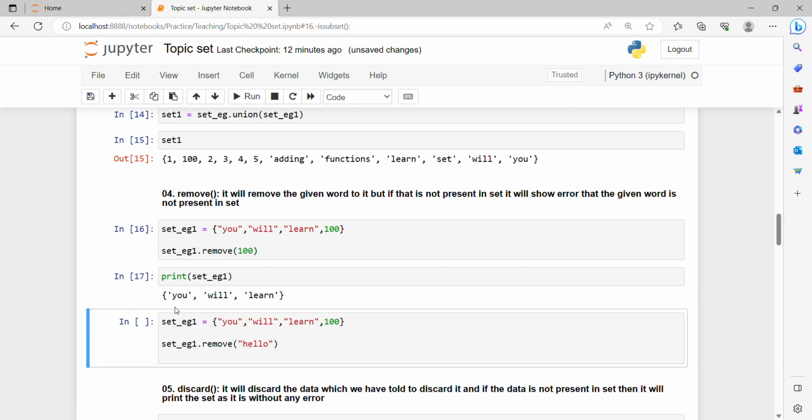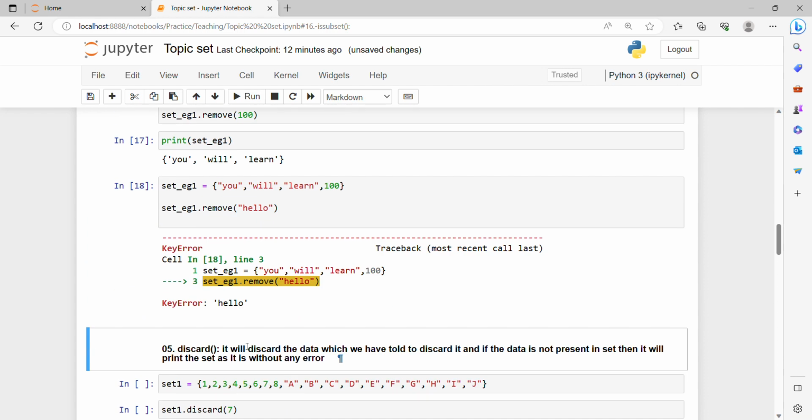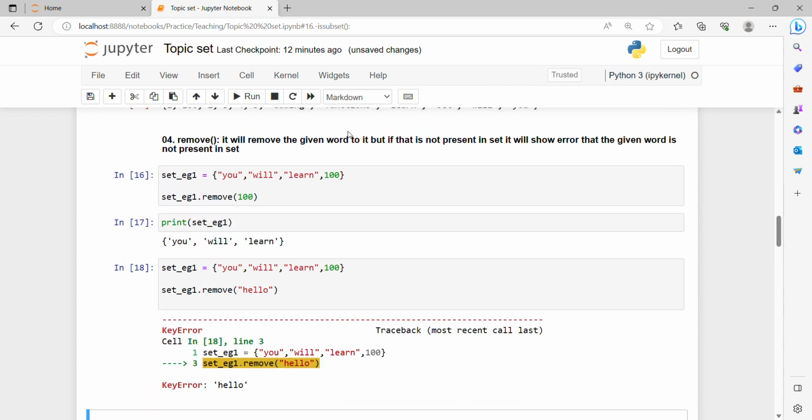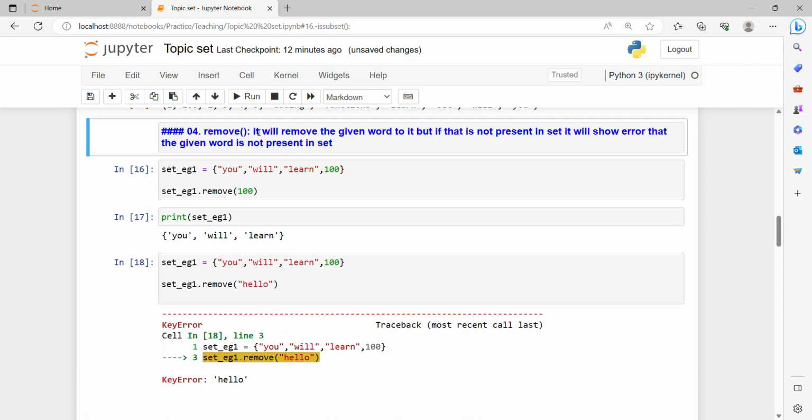So see, here we are able to remove that, but this hello string is not present in this set, and if we try to remove it, it will show us an error, this key error. What I wrote over here, I will try to write it again. It will remove the given word,